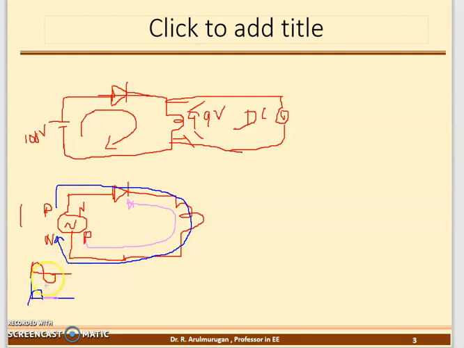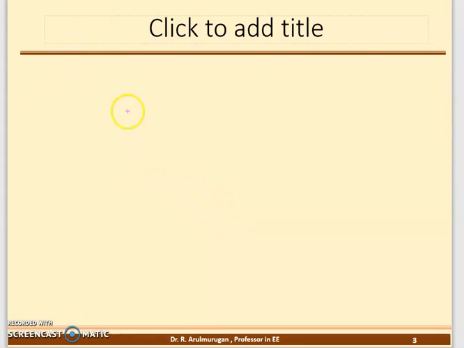Half wave rectifier. The next one we will go ahead with is the full wave rectifier. For now, take a capture of this image. Then let's go ahead with the full wave rectifier. What is that? There are two possible methods available. One is the center tapped method. Another one is the bridge rectifier.